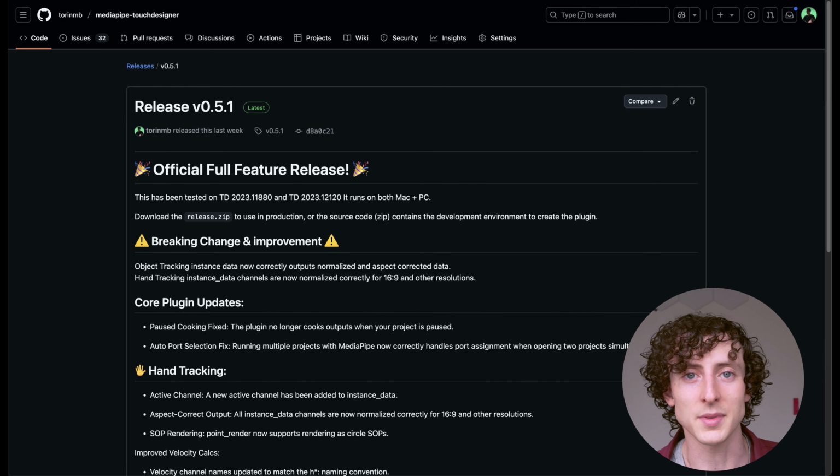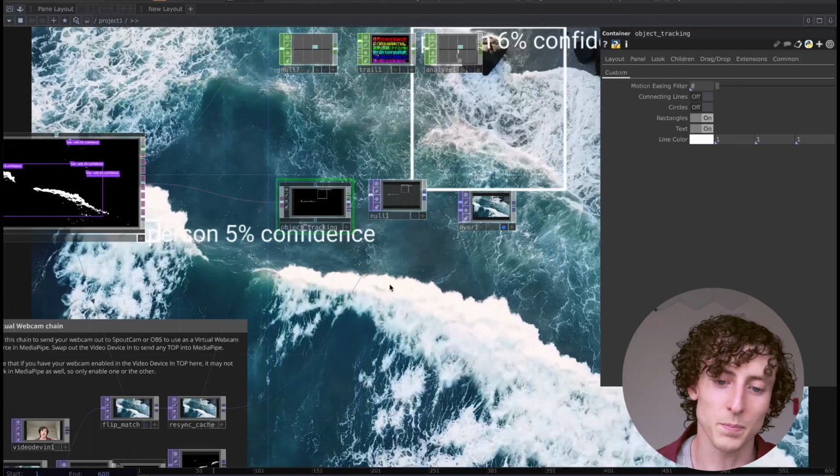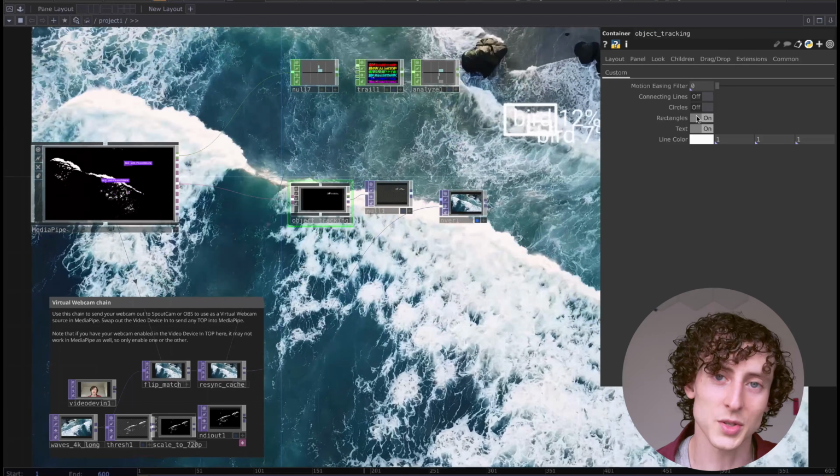You might have seen some examples of this using something like TouchDesigner's built-in blob tracking, but on the free version of TouchDesigner, you're actually limited to only tracking 2 blobs. And one thing that's really nice is using this new free update from MediaPipe, you can do this out of the box super easily. So because the setup is so quick, for this tutorial, we're actually going to spend some